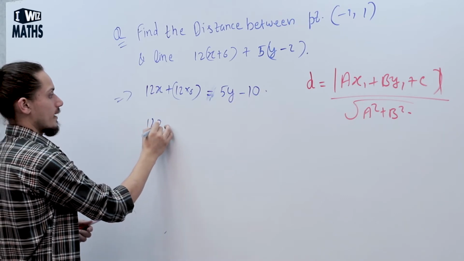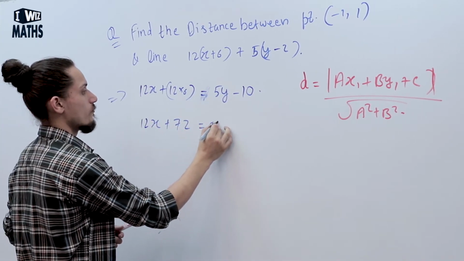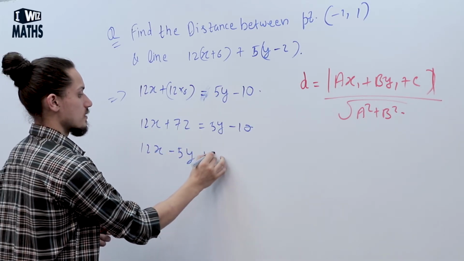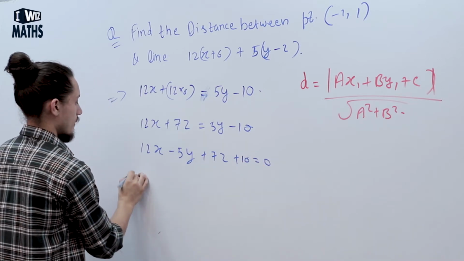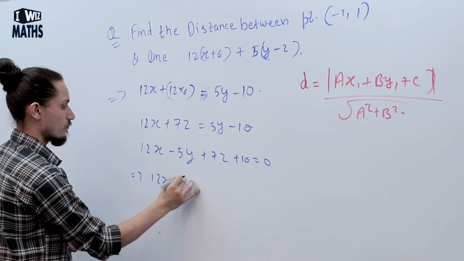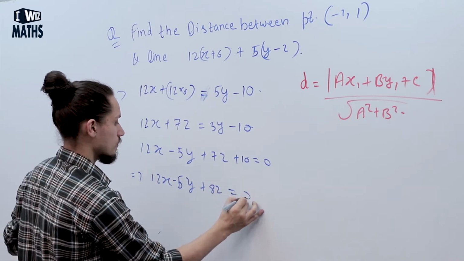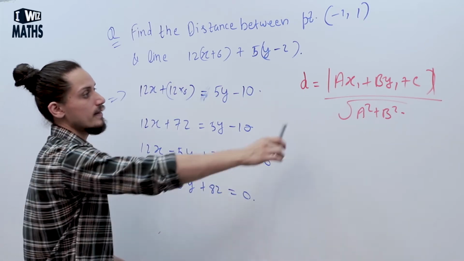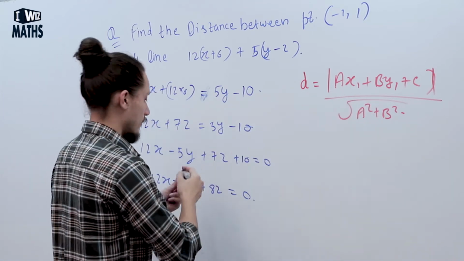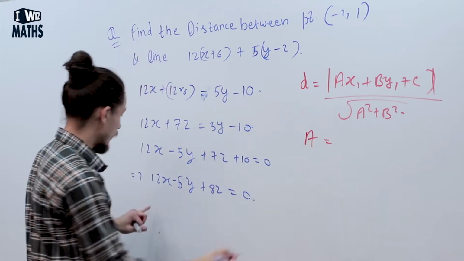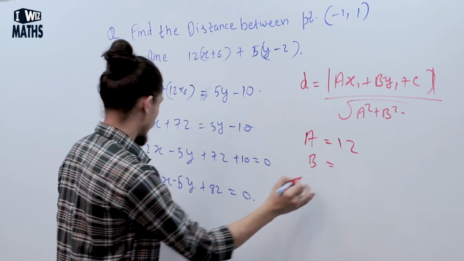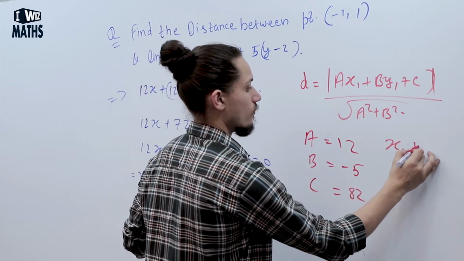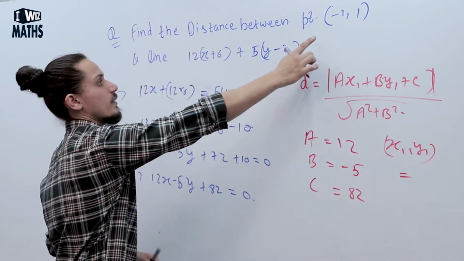So we get 12x plus 72 is equal to 5y minus 10, implies 12x minus 5y plus 72 plus 10 is equal to 0, implies 12x minus 5y plus 82 is equal to 0. ये आ गया हमारे पास जनरल फॉर्म ऑफ इक्वेशन ऑफ लाइन। अब हमें क्या निकालना है, a, b, c, x1 एंड y1। तो इस केस में a इज इक्वल टू 12, b इज इक्वल टू -5, c इज इक्वल टू 82 एंड x1, y1 इज इक्वल टू पॉइंट जो दिया हमारे पास, -1 एंड 1।